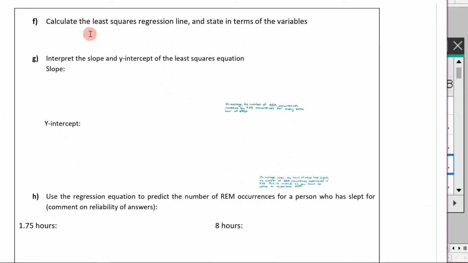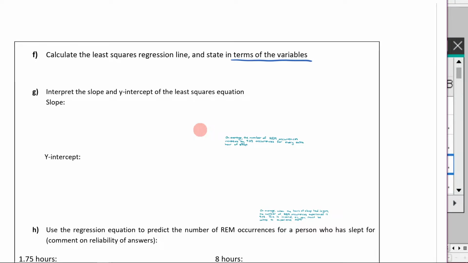Okay, next, calculate the least square regression line and state in terms of the variables. Okay, so remember our least square regression line is going to be in the form of y is equal to a plus bx. But the fact that it says in terms of the variables means that we don't want to include y and we don't want to include x. We want to include the variables that they've given us in the question. So that was hours of sleep and REM occurrences. So what I'm going to go and write now is, let me just quickly move this. I'm going to write REM occurrences because that's my response variable